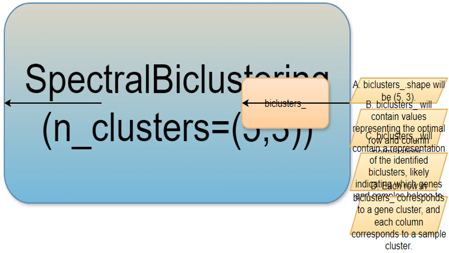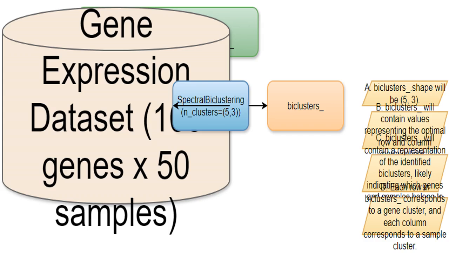SpectralBiclustering algorithm. BICLUSTERS holds the answer to which genes and samples belong in which cluster. It is like a decoder ring that explains which rows and columns are grouped together based on similar patterns in the data. I'm using the